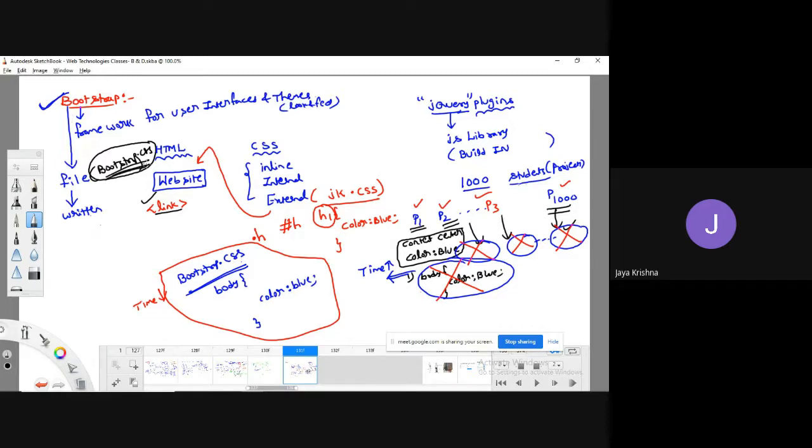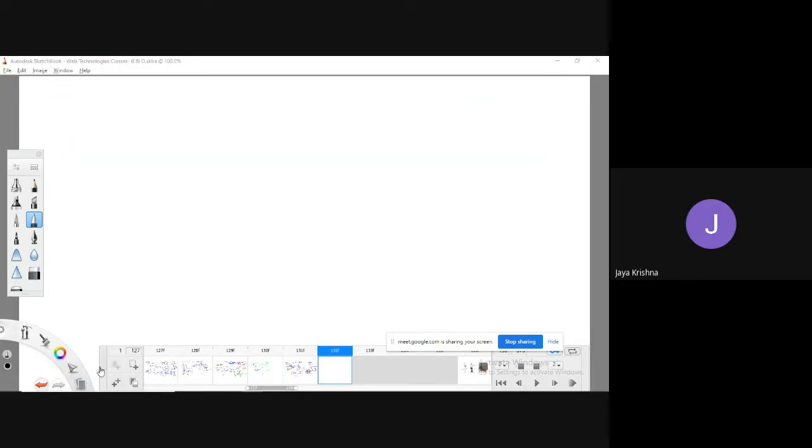Not only the CSS concept, no, it's also about JavaScript. Bootstrap dot JavaScript. If I continue, then you can clearly understand. Bootstrap is a kind of predefined framework, meaning that it contains various kinds of already built-in components.